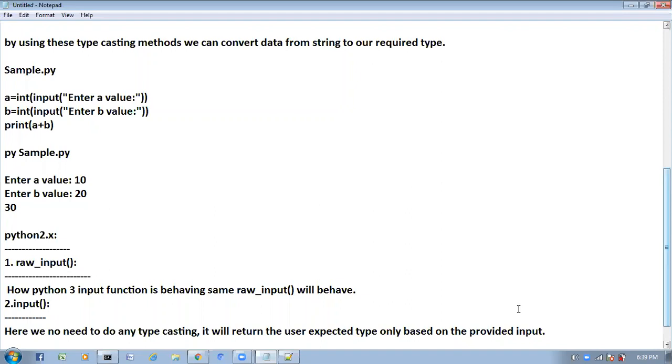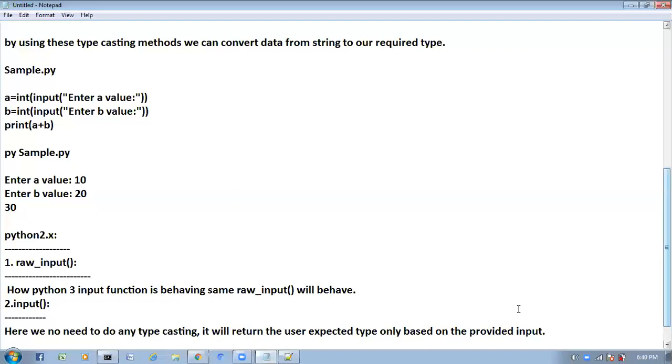Clear? In an interview, if they ask what is the difference between the Python 2 input function and the Python 3 input function: in Python 2, we do not need to do any typecasting, and it returns the same type the user provides. But in Python 3, the programmer has to do typecasting explicitly, because the input function treats everything as a string, so we use typecasting functions to convert. Also, in Python 3 we have only one function to read dynamic data from the keyboard, the input function.